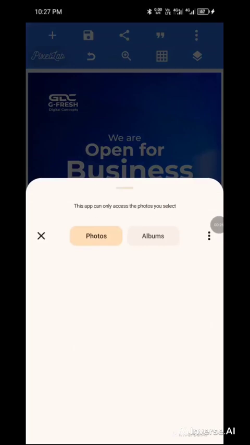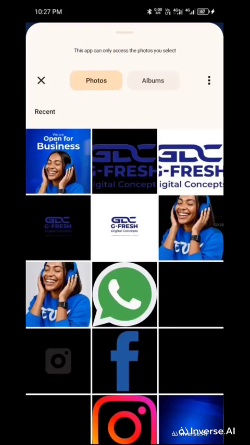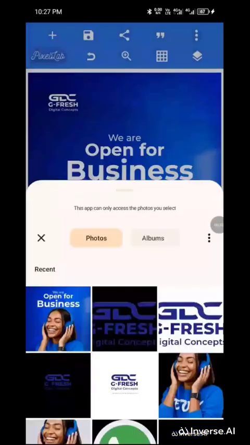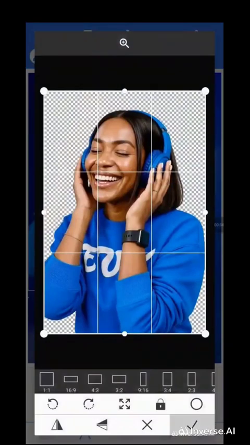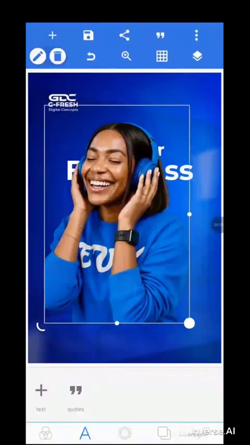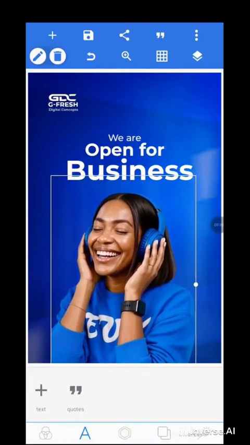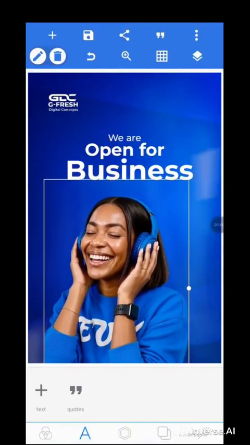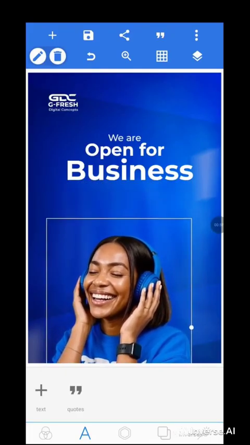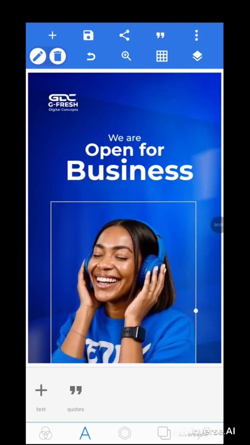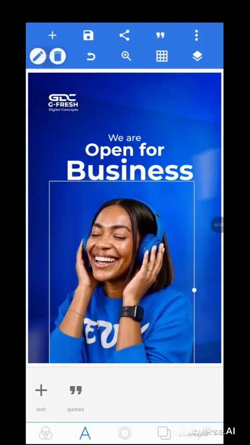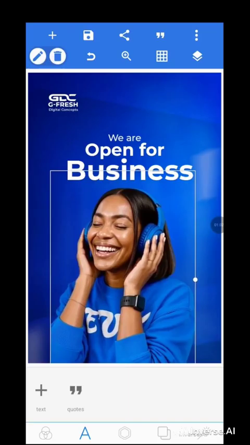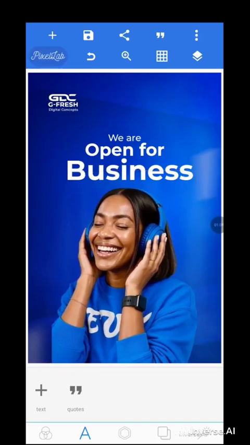my stock image. So I've already downloaded it here, so I have it here with me. So let me bring it. You remember where to get this stock image? You can get it from Freepik, you can get it from Pinterest, from Pexels, and so on and so forth. But I got this one from Pinterest. Yes, I got it from Pinterest, so you can try it. You will see it. Okay, so I bring it here like this. All right,